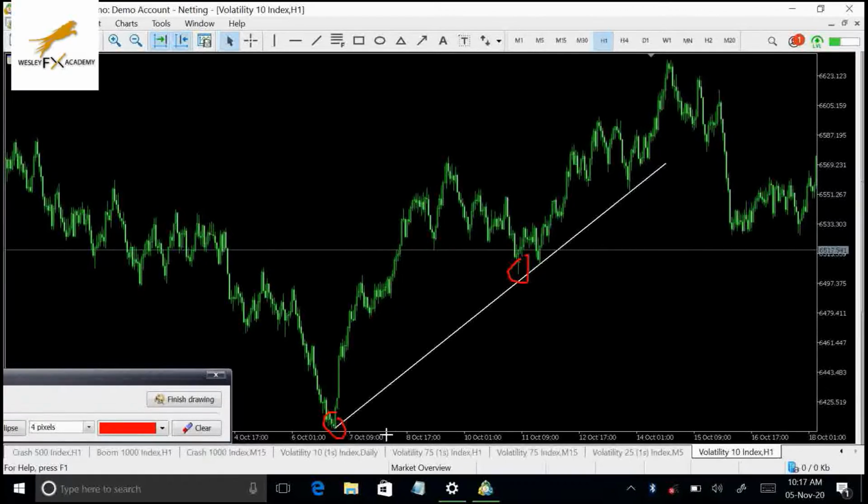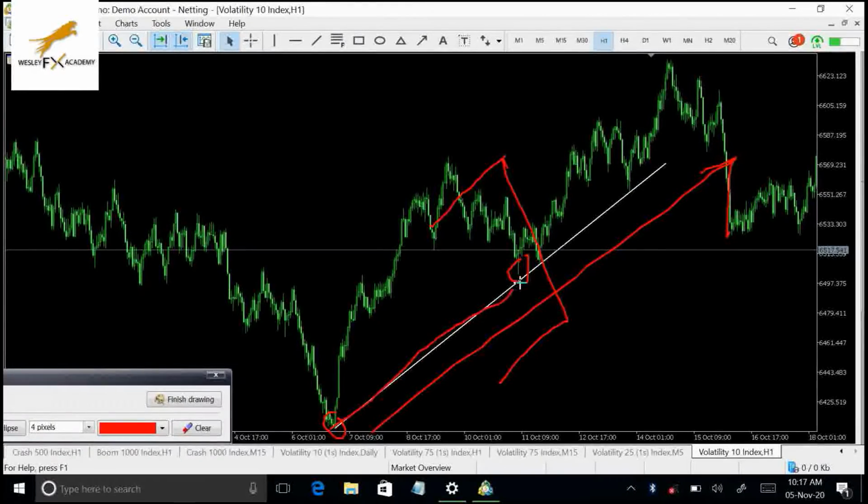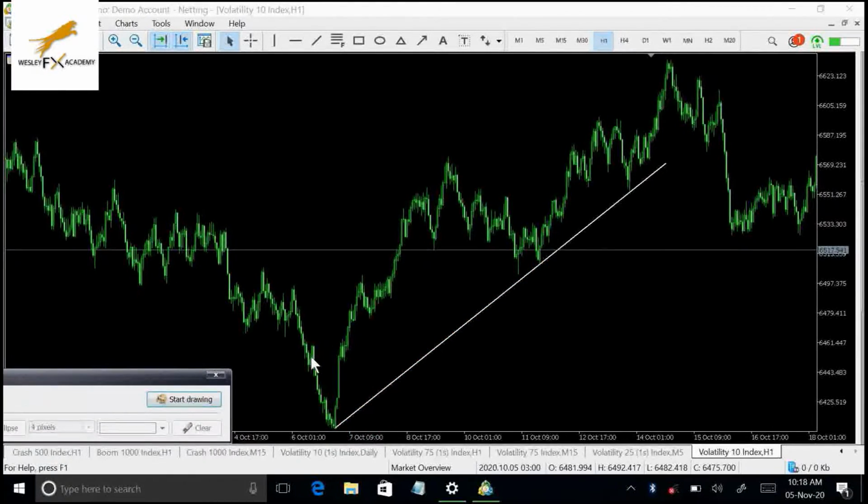Now you see we've drawn our trend line. It's telling us that the market is on an uptrend. Right from here, it actually shows you that the market is trending upward. So we've drawn our trend line, and we know that the market is on an uptrend. So what are we looking for? We are looking for buying opportunities on an uptrend, and on the downtrend you look for selling opportunities. So now once we've drawn this, you can see that the market is trending up as I said before,